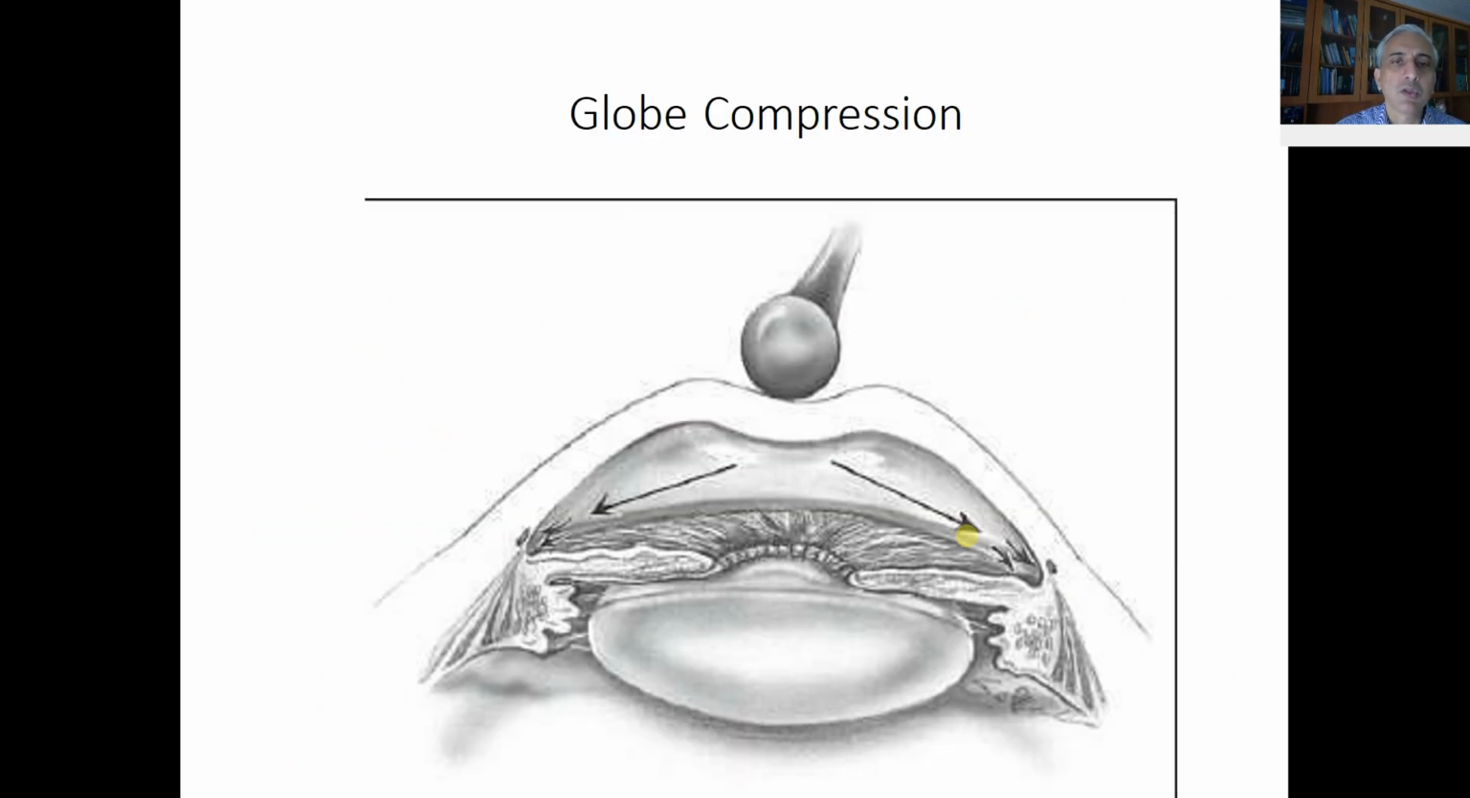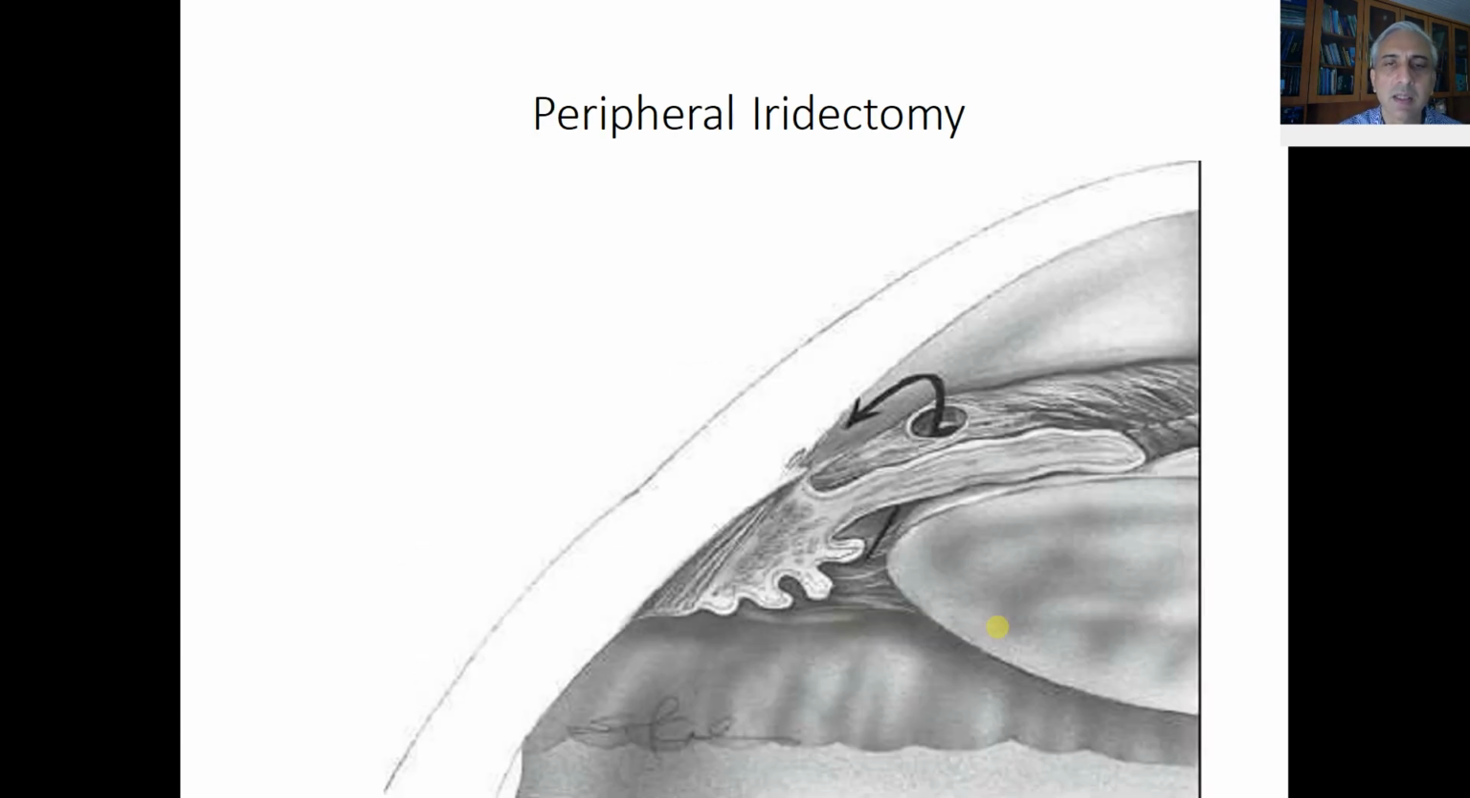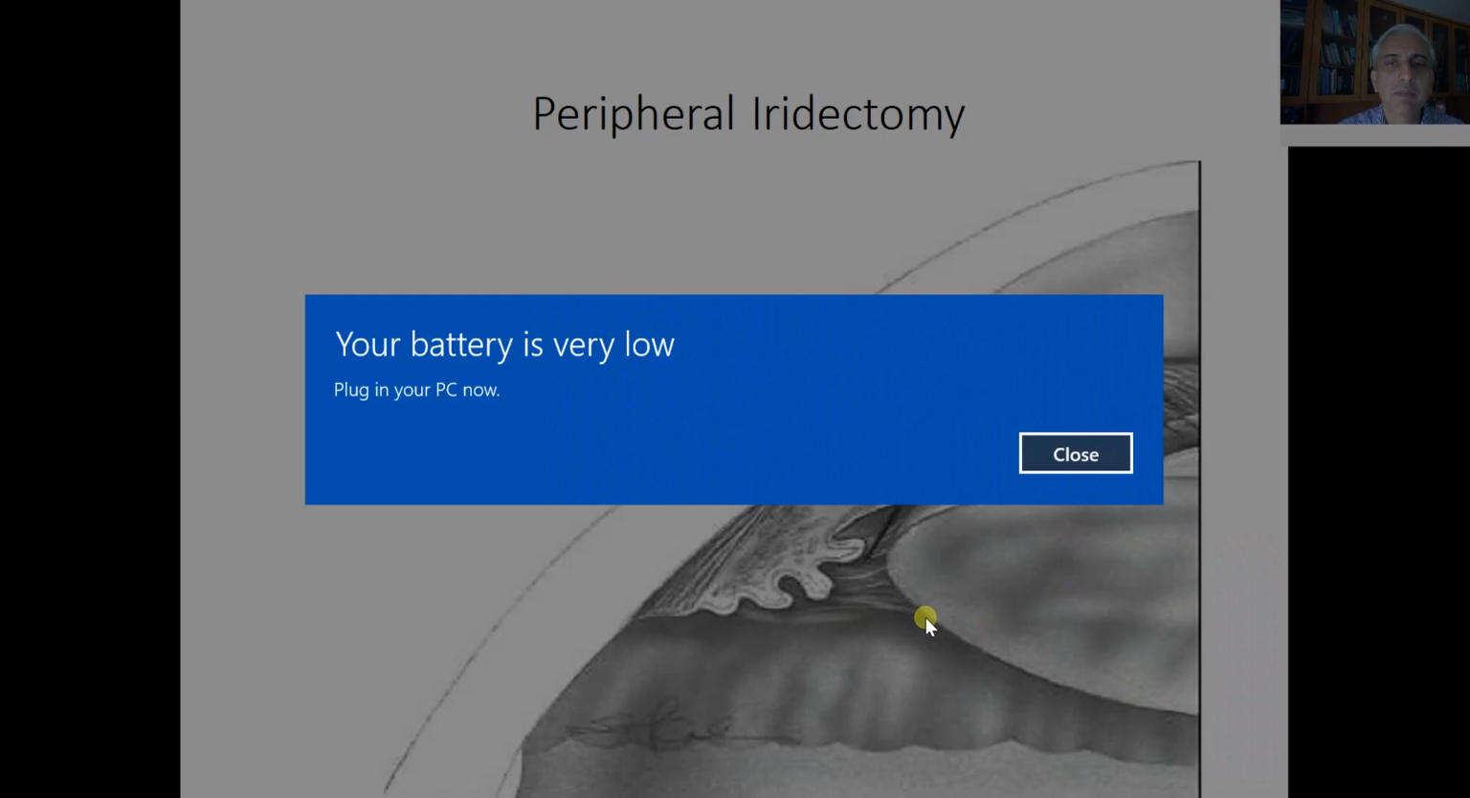So this is what I told you about. This is compressing the globe in an acute attack, causing the aqueous to go into the angles and open that apposition, because you need to reduce that apposition so that you don't get formation of peripheral anterior synechiae. So this is the peripheral iridectomy I was talking about. What it's doing is